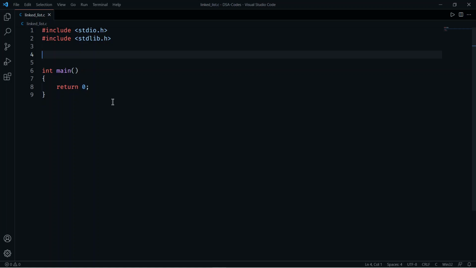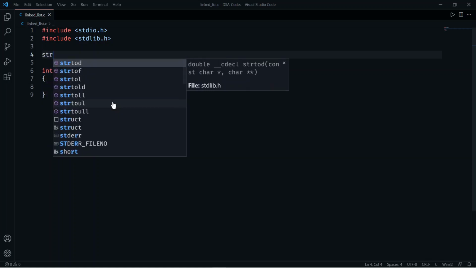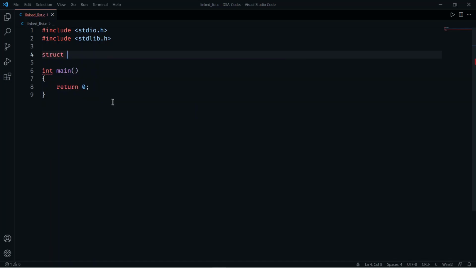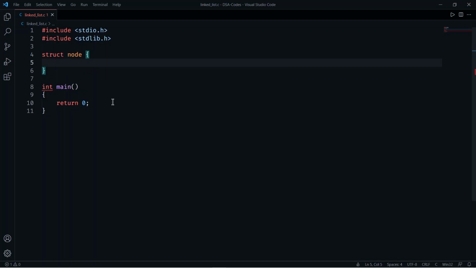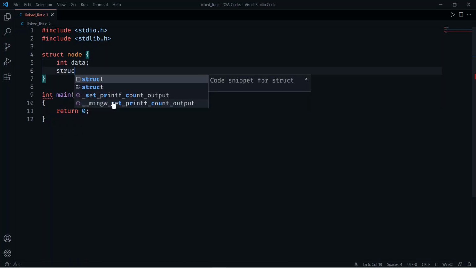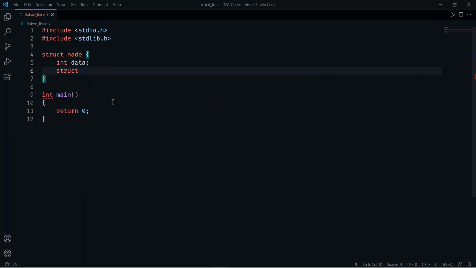Now let's define the structure for the node of a list. So we can use a structure here, that is struct node. Then in the node we are assuming that we only have an integer data, and for every node we have a pointer to the next node, that is struct node star next.